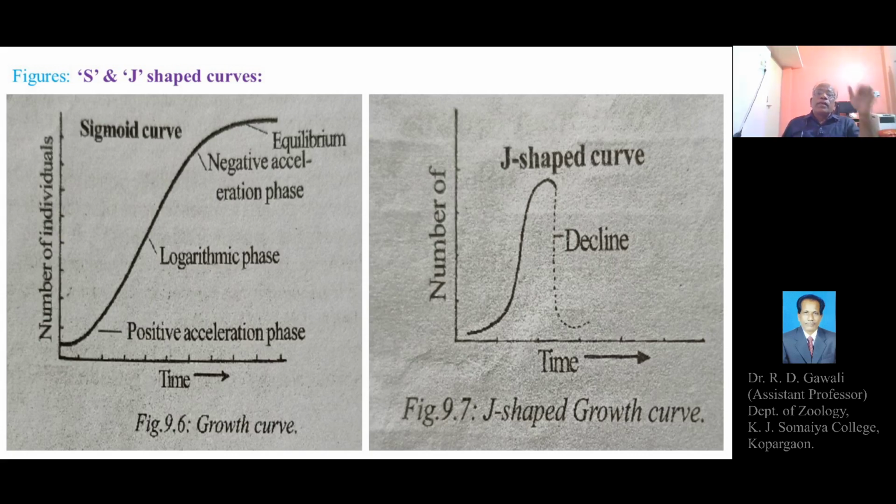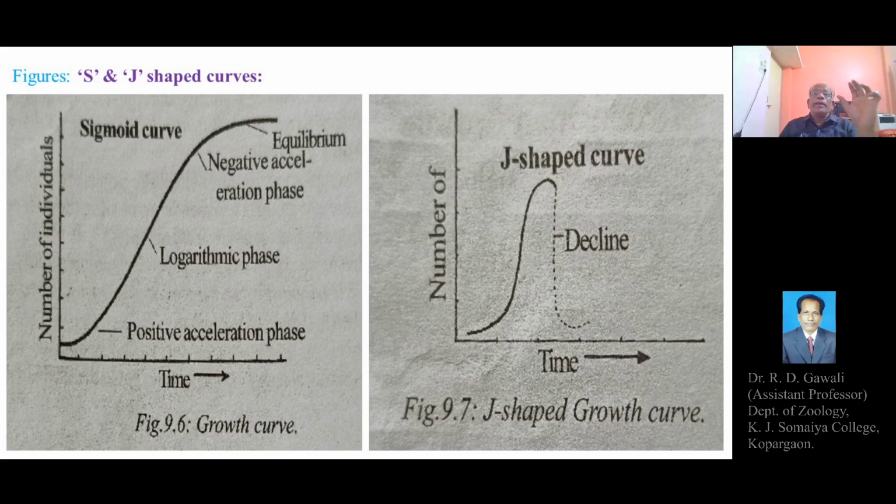So this second stage of the growth curve represents rapid growth that reaches the maximum number, the logarithmic phase. And after that, there is a slow growth rate. The number of individuals increases slowly, meaning the growth rate slows down, called the negative acceleration phase. And this is due to the environmental resistance or a definite carrying capacity.